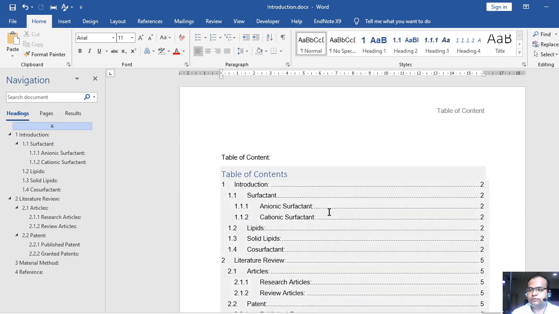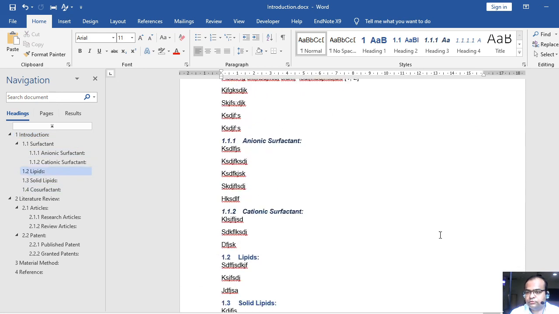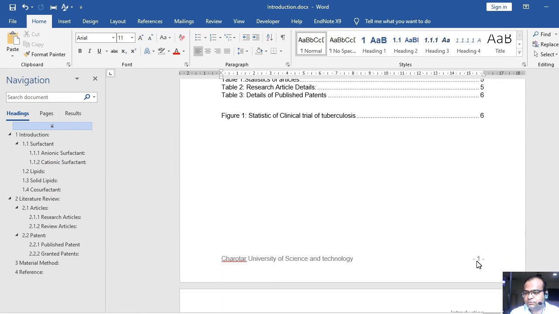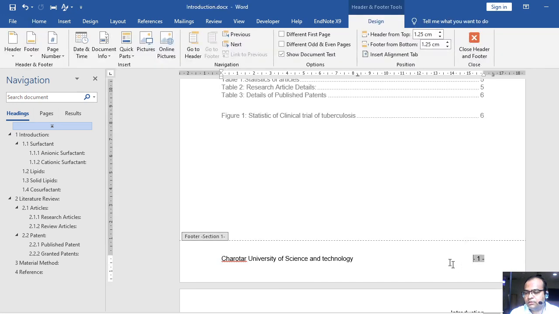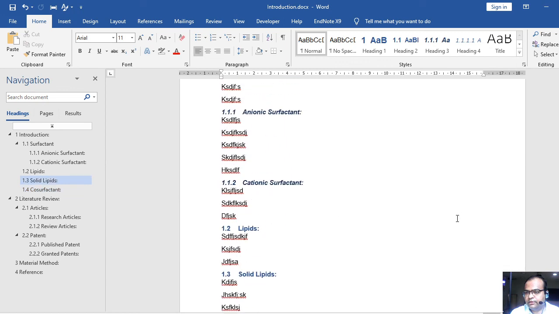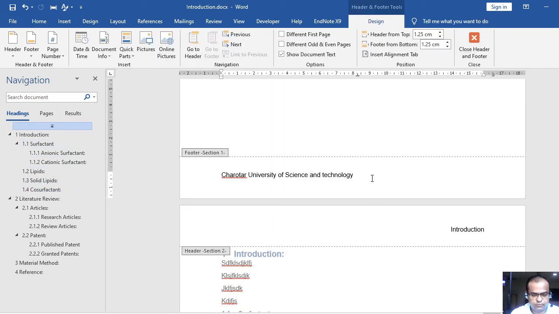Now see, if you look carefully at the page numbers, the table of contents has page number 1 and the introduction has page number 2. So actually there is a custom to give a different number formatting to the table of contents. So I will delete it here, and as soon as I deleted, all the numbers were removed.